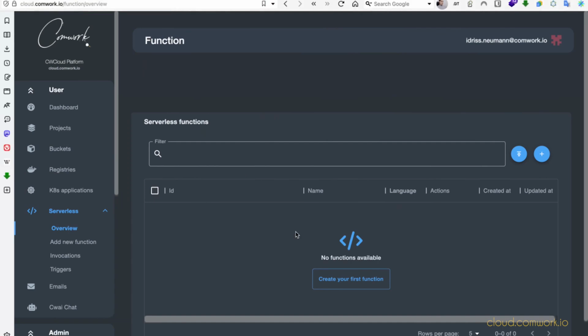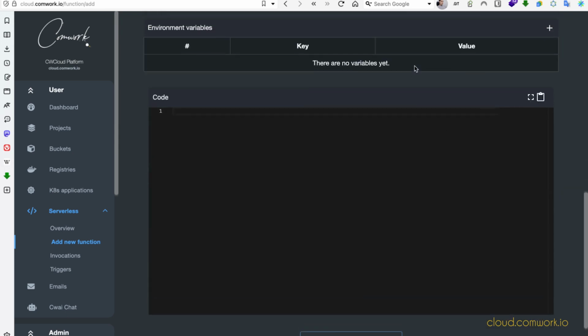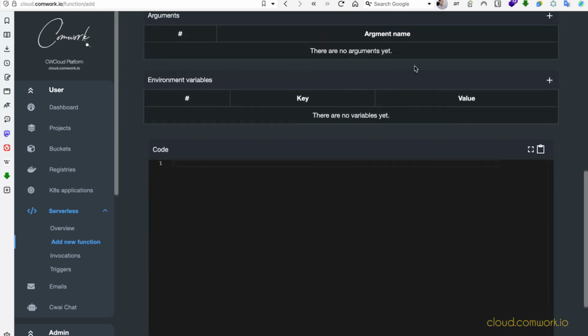Hi everyone, today we'll talk about one of the key features of CW Cloud, which is our serverless engine or function as a service, which is the kind of developer experience you could find on the modern cloud providers. It's a matter of providing a simple interface used by developers who will be able to focus only on the business aspects of their code. It means that the developer won't have to take care about everything related to the deployment and exposition of his web service.